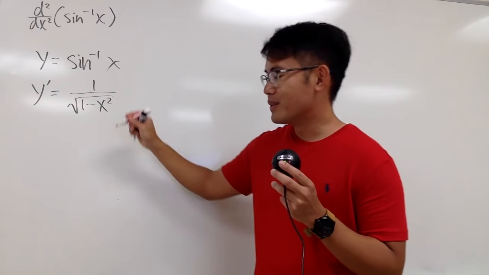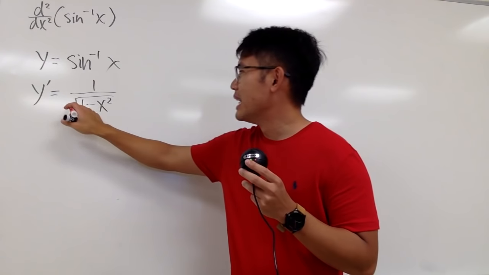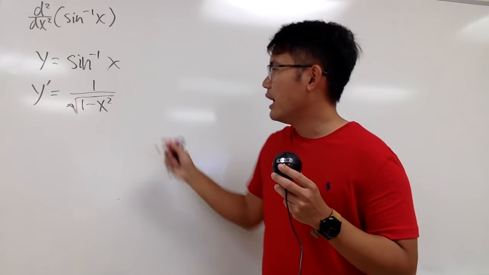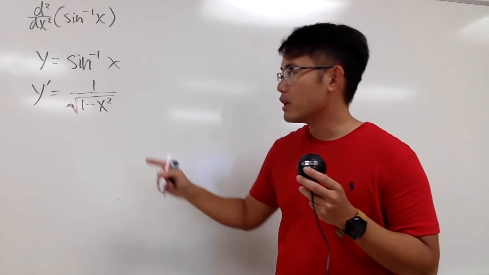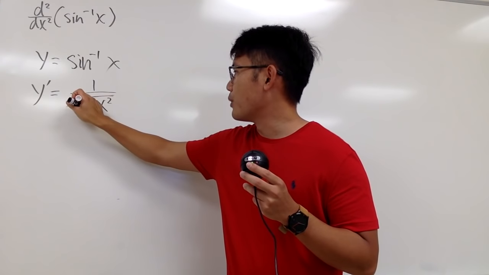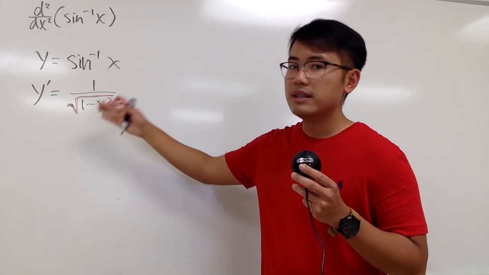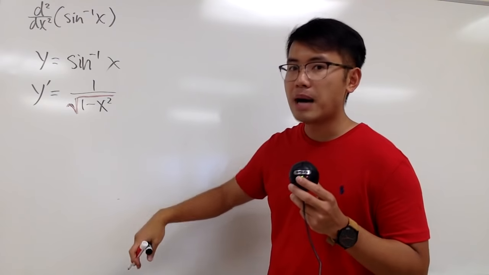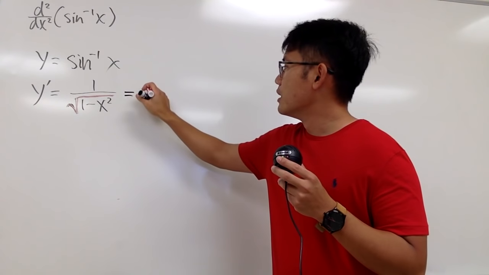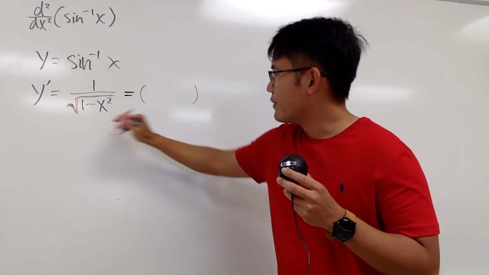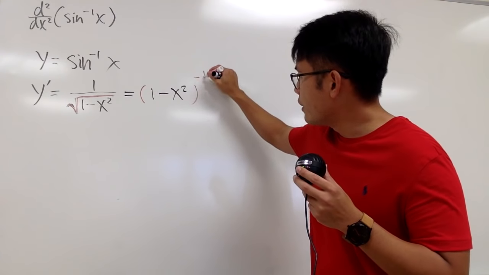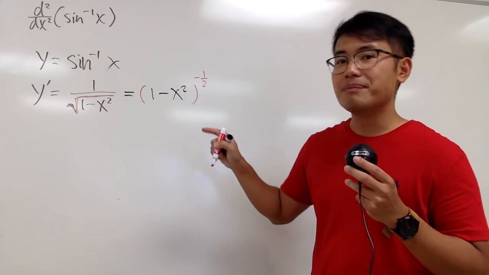But it's okay. We can change the form a little bit because I noticed we have a square root. And almost always in calculus, whenever you have the square root or any radical, you should look at that as a power. And this right here, it's the 1/2 power, but it's in the denominator. So I will look at this right here as whatever inside, which is 1 minus x squared, and raised to the 1 over 2, but it's negative because it